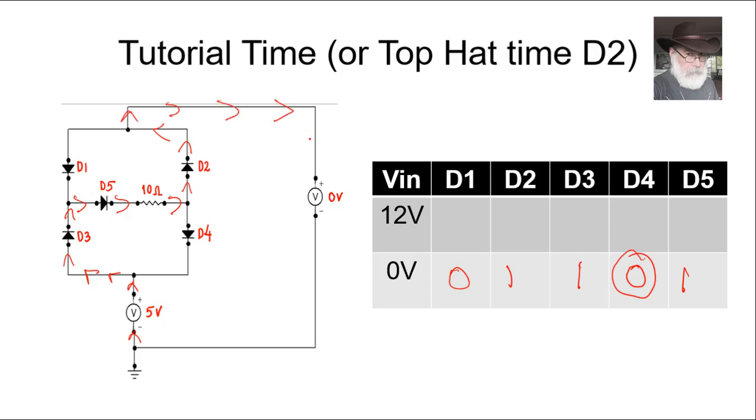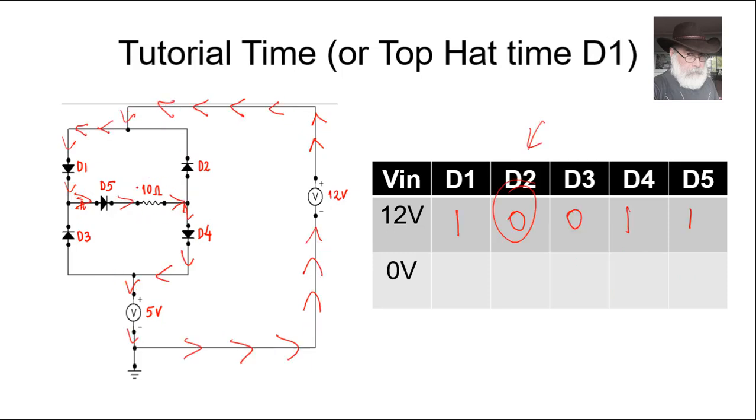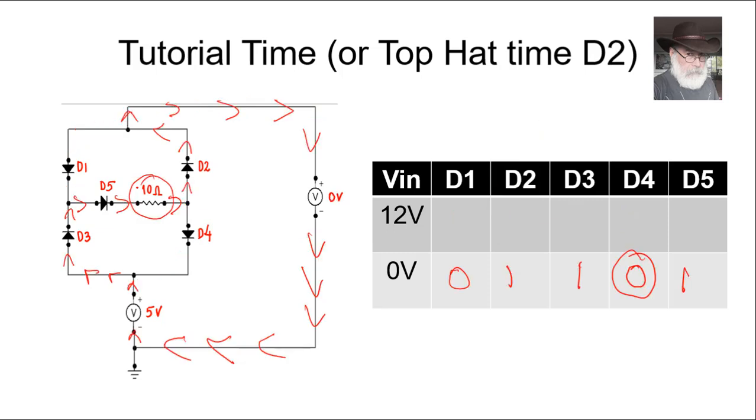You say, this is interesting. So this time the current is flowing clockwise through the external circuit, but through the resistor the current is flowing from left to right. Please observe, the current is flowing counterclockwise through the outside circuit, but it's flowing from left to right through the 10 ohm resistor. Now it has inverted its polarity in the external circuit, but it's still flowing from left to right through the